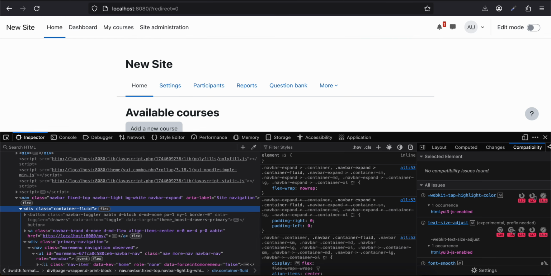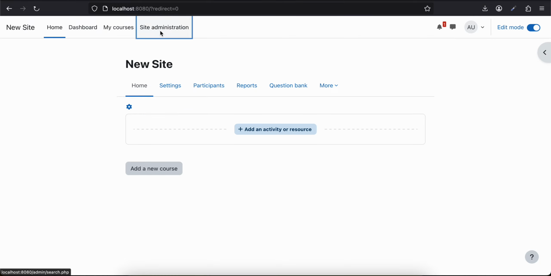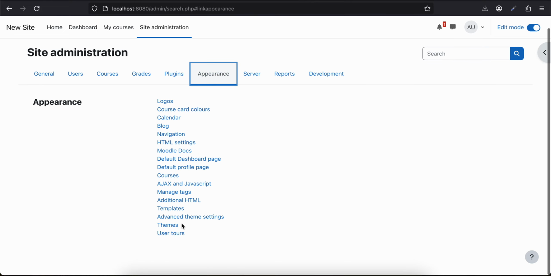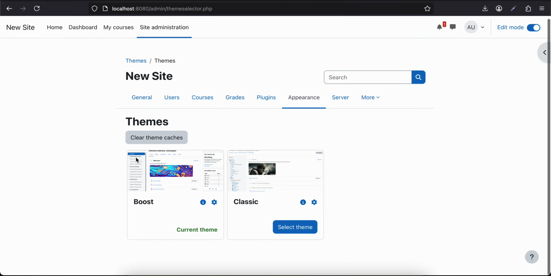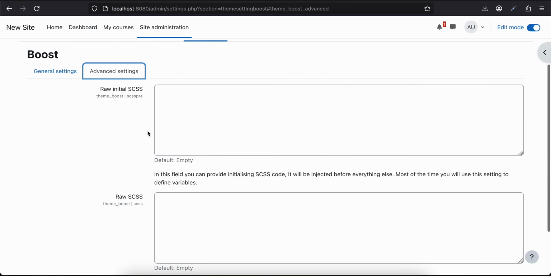So what you can do to change this color is enable edit mode, then go to site administration, go to appearance, go to themes, and currently we are using the Boost theme. There is this Classic theme as well. As you can see, it is not our current theme, so Boost is our current theme. So you just have to click on this settings icon, just click on advanced settings,